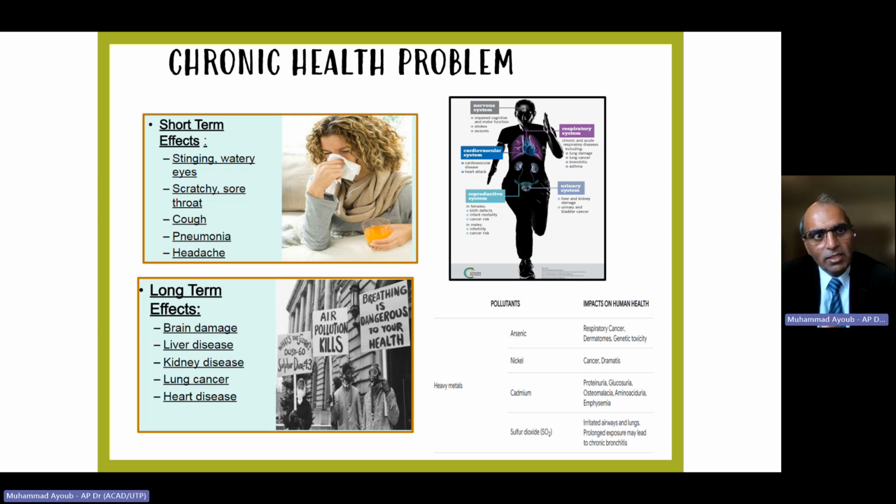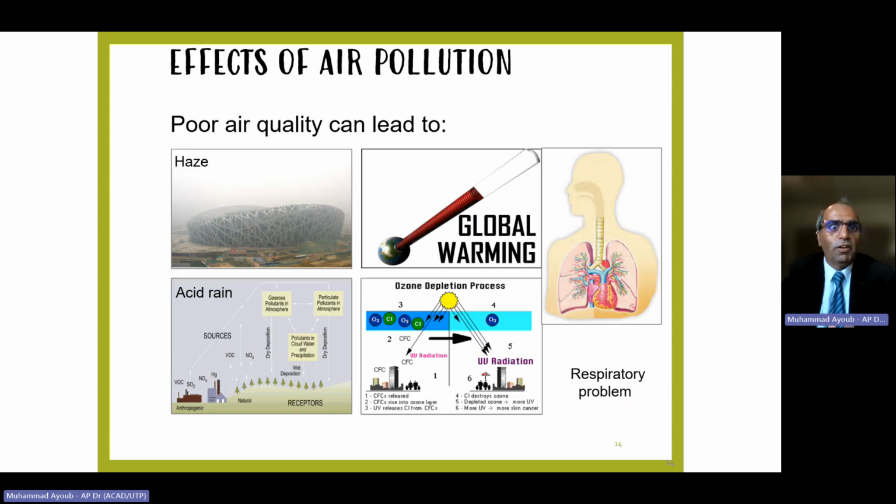Sometimes we check the effects, that all secondary or primary pollutants have too much effect on our health. Other than that, our environmental health is also too much affected. Not just humans, animals are also affected. Aquatic life is affected. Plants are affected. So far as the human side, we can see it may be short term or long term, or it can even lead to diseases like heart attack or brain damage. They are all affected by this type of pollutant that is added to our environment.